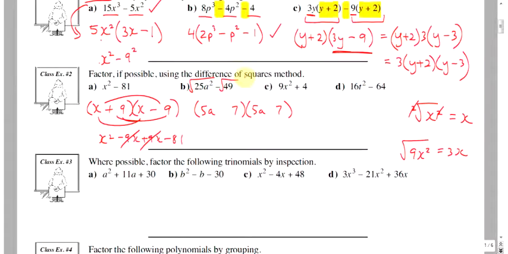How do I make this work? How do I get my middle terms to cancel out? Yeah, but for a change, let's go minus plus. Is that going to be any different? No, doesn't matter. Because remember, I can multiply this in any order I want. Just switch them around. A times b is the same as b times a. Okay. Is that a difference of squares? Can I take my